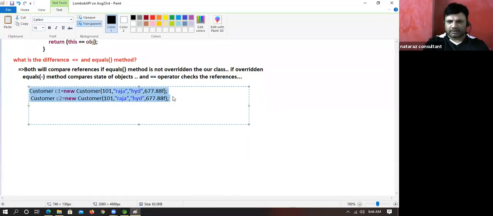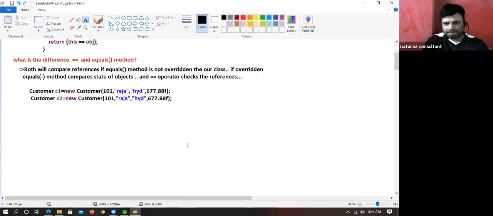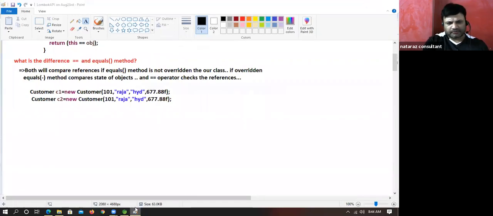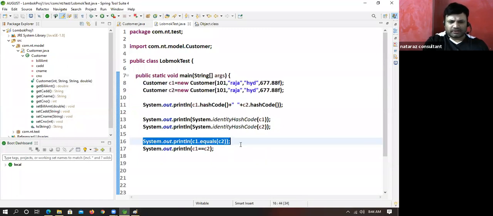Say paste. Come on. Chintu Muppagani, if you want to check references, you have to use double equal to only, no option.